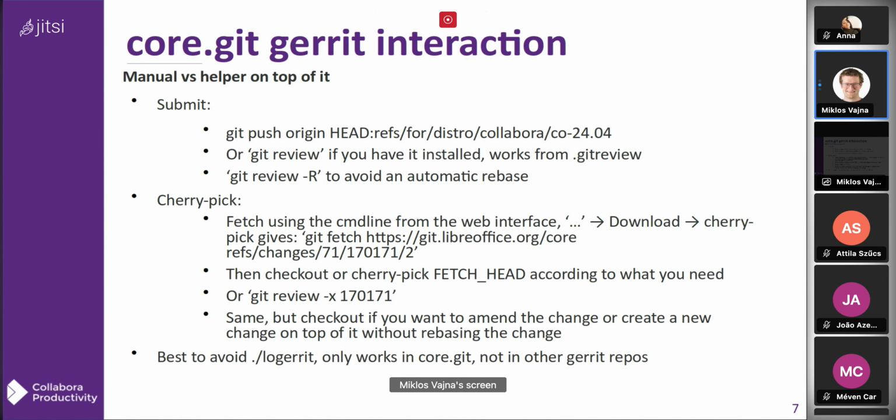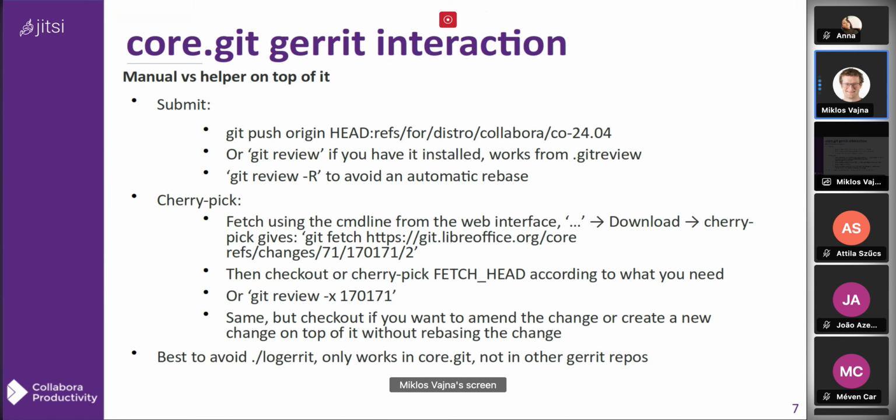You can be a little bit more friendly when you do code review and say that, okay, at least you tried it out locally. It does work. Then the code is probably correct, but wouldn't it be nice to also cover it with a test? So this kind of thing is when cherry pick from Gerrit is interesting. Again, the manual way is that you go to the Gerrit page for the relevant change. There is this hamburger menu on the top right with three dots, and then there is a download menu item, and there cherry pick gives you a command line, which is basically a git fetch of some git